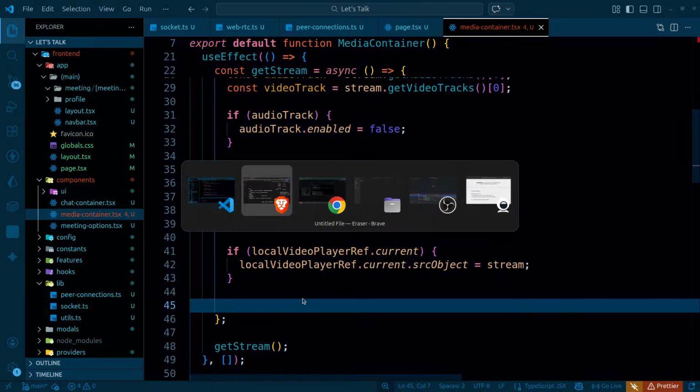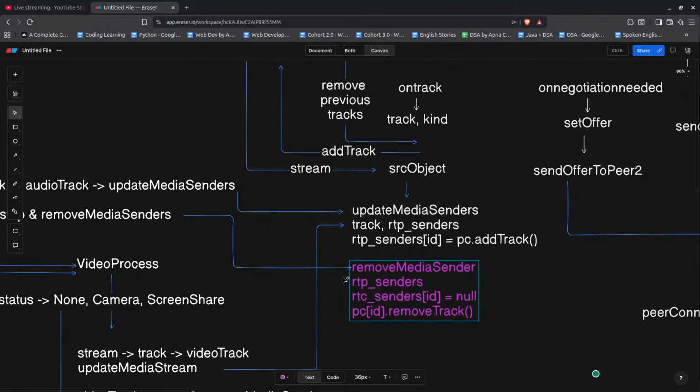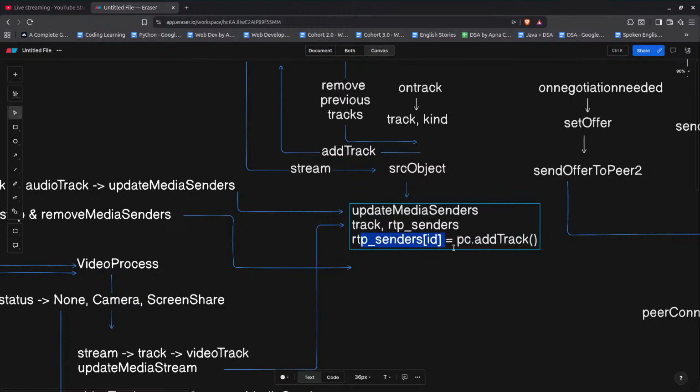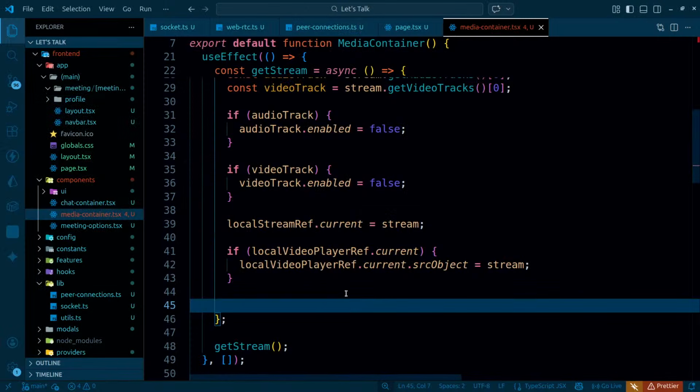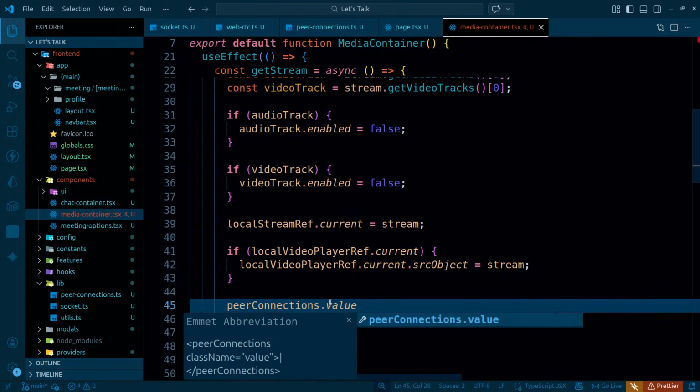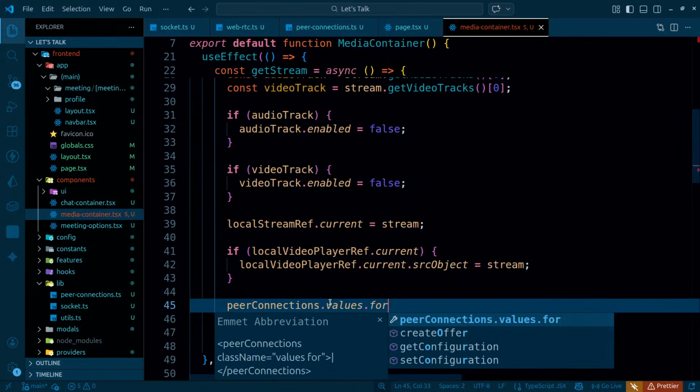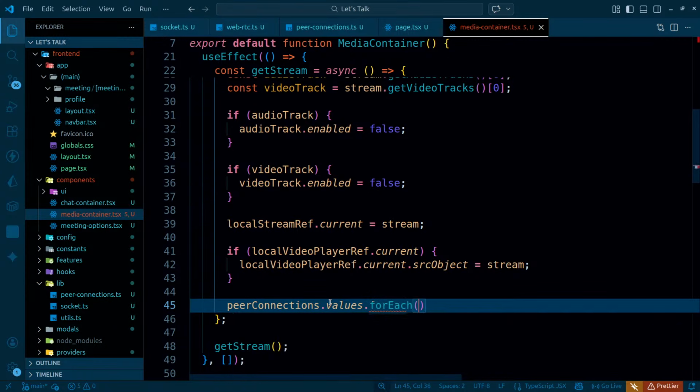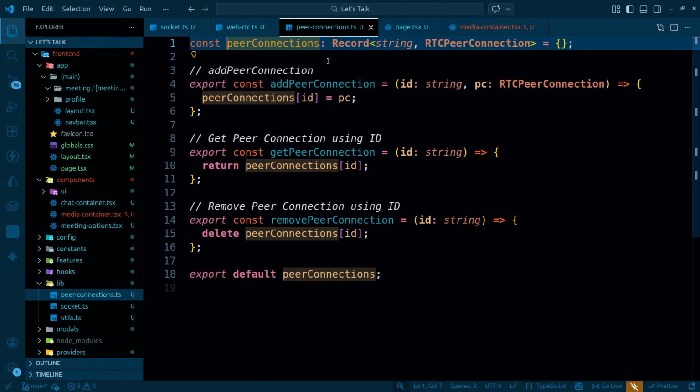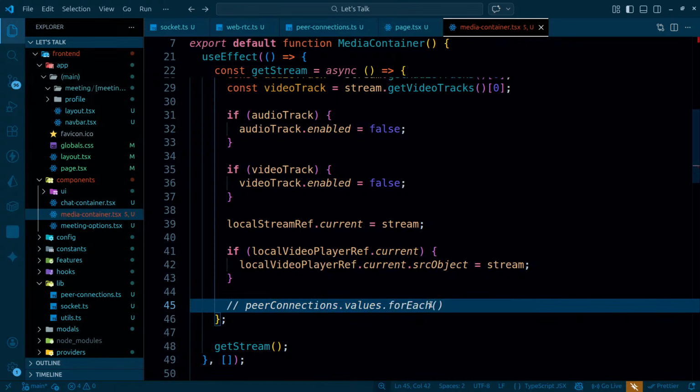Peer connections that I have, and whenever I'm updating the media, at that time I'm simply adding them, and I have RTP senders. So I get the RTP senders only after adding this. Got it? So peer connections dot values. Peer connections dot values for each, will it be fine? What is this peer connection? This peer connection is actually this particular object. So if I actually have the object